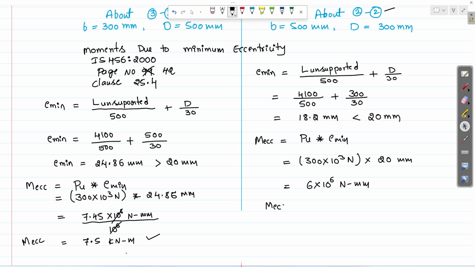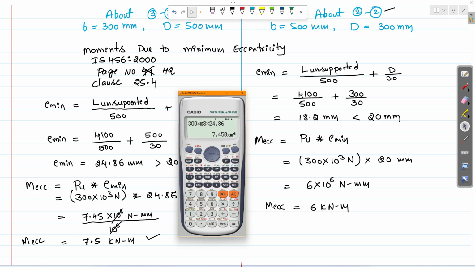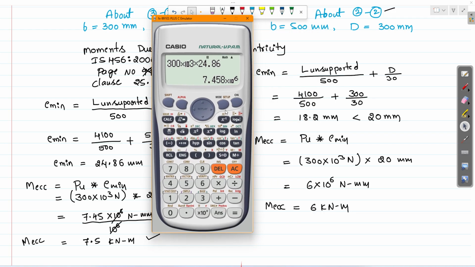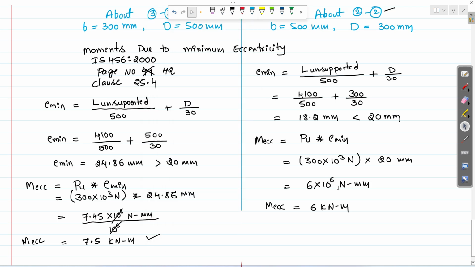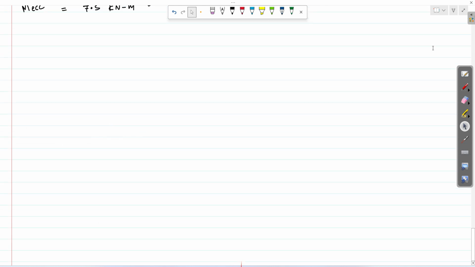So moments due to minimum eccentricity will be 6 kilonewton meter. So let me calculate it. So 300 into 10 power 3 into 20, so 6 into 10 power 6. Okay. So this is moments due to minimum eccentricity. So in the next step,